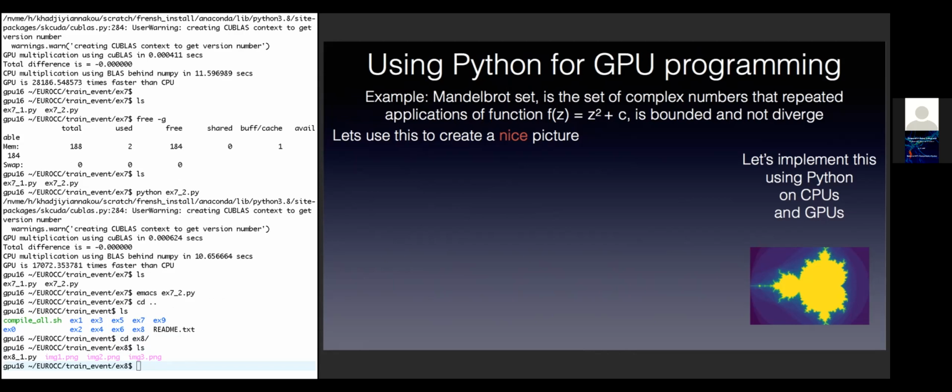I think you are all familiar with the idea of fractals. Fractals are this picture that you zoom in and zoom in and zoom in, and it never ends. It has the same patterns as you zoom and zoom. So here we can use what is called the Mandelbrot set, which is a subset of the big fractals set,